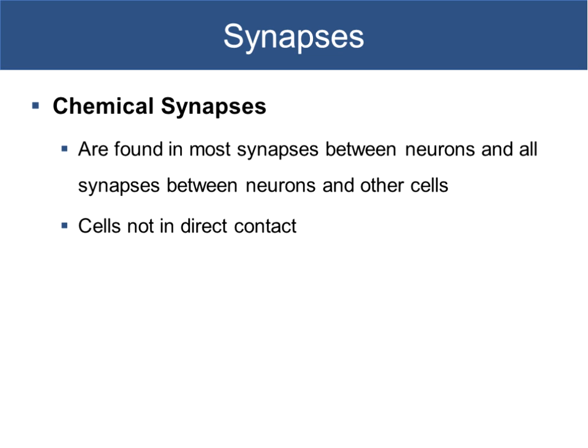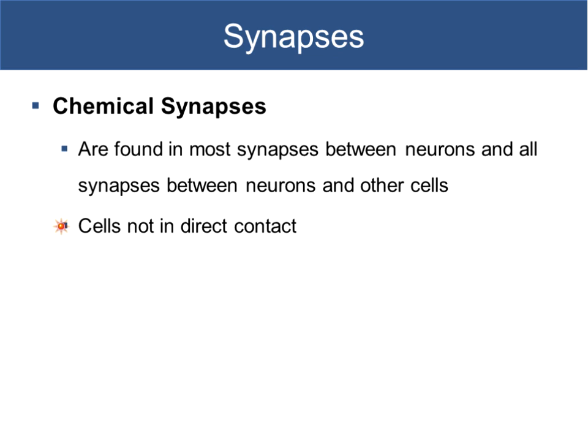The most abundant type of synapse you have are chemical synapses. In chemical synapses, a chemical is released from the presynaptic cell, and that chemical then will cause the postsynaptic cell to make some sort of response. Typically, the chemical that's released is what we call a neurotransmitter, and we'll talk about neurotransmitters at the end of the notes today. Most synapses between neurons, and all synapses between neurons and other cells, typically are